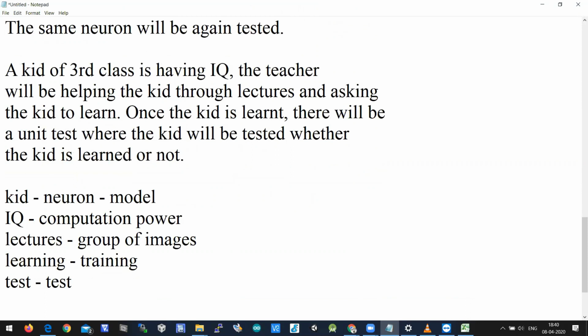So here the kid is nothing but a neuron. A neuron will have IQ, intelligent quotient, but it doesn't understand what is what. So the teacher will be the teacher. Who is the teacher here? The teacher is nothing but the developer.